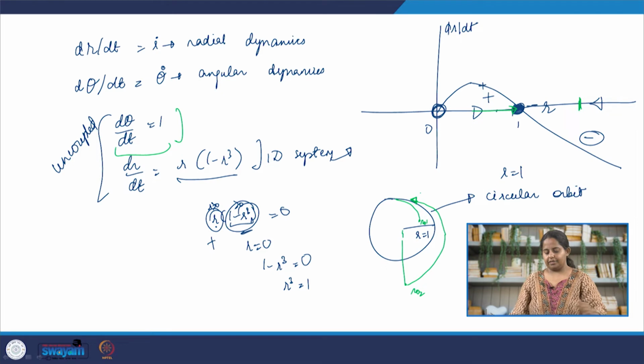It's going to come towards the limit cycle, towards the r equal to 1 orbit. So the origin, 0, 0, is unstable. If I'm starting at 0, it's going to be like this. If I'm starting outside,